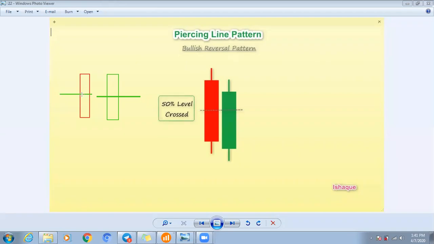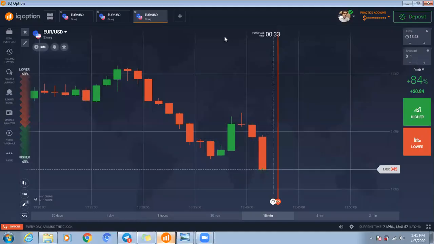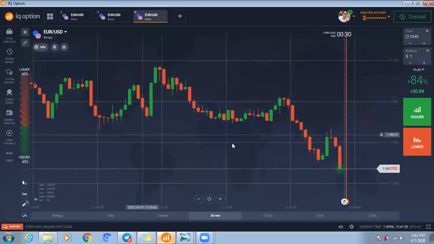50% level, support and resistance. So when you understand this concept, then you can understand the next concept. If you find a big candlestick in the chart and plot a line at the 50% level, it will act as support and resistance. Before studying this pattern, we must recognize whether it is working or not working.